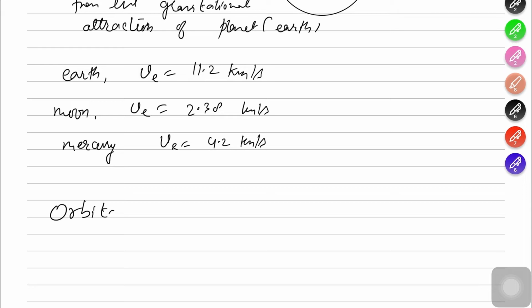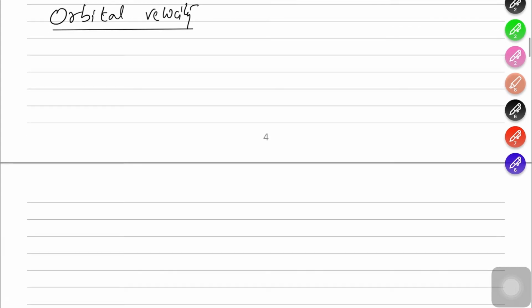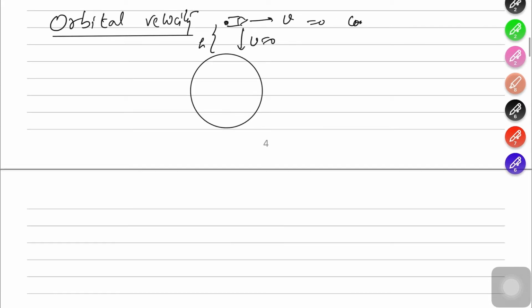There is something called orbital velocity. Okay, so what is orbital speed? Suppose from Earth, any body at some height h, we are projecting with some velocity v. Obviously if v is 0, it will come back. But if we increase the velocity a little bit more,